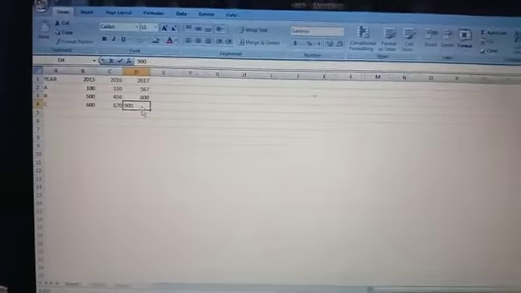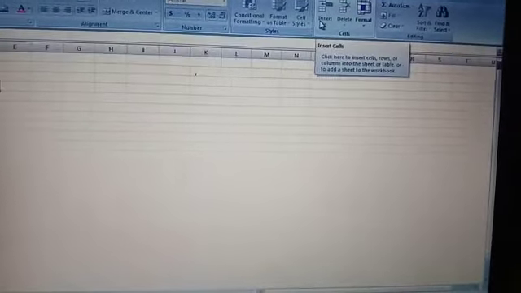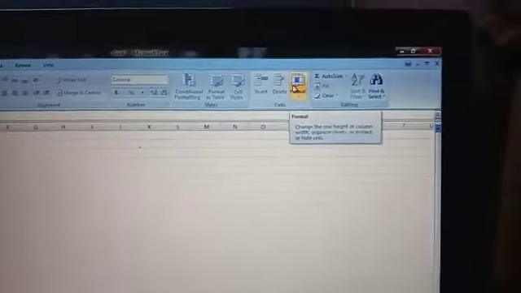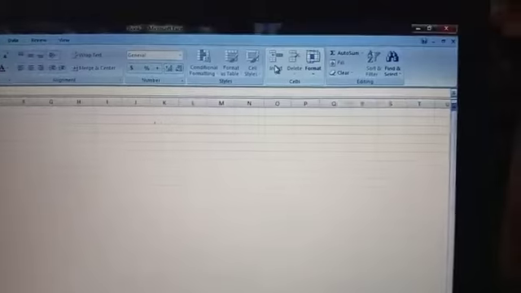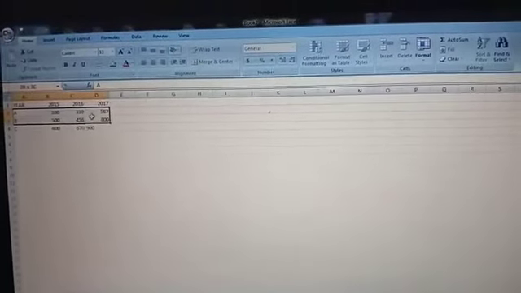Okay, now see, when we add amount, next can you see here what is there? Even if you see your textbook on page number 33, you have this. Can you see the Insert, Delete and the Format options, right? So what you need to do is select a row or a column. For example, we are selecting a row.